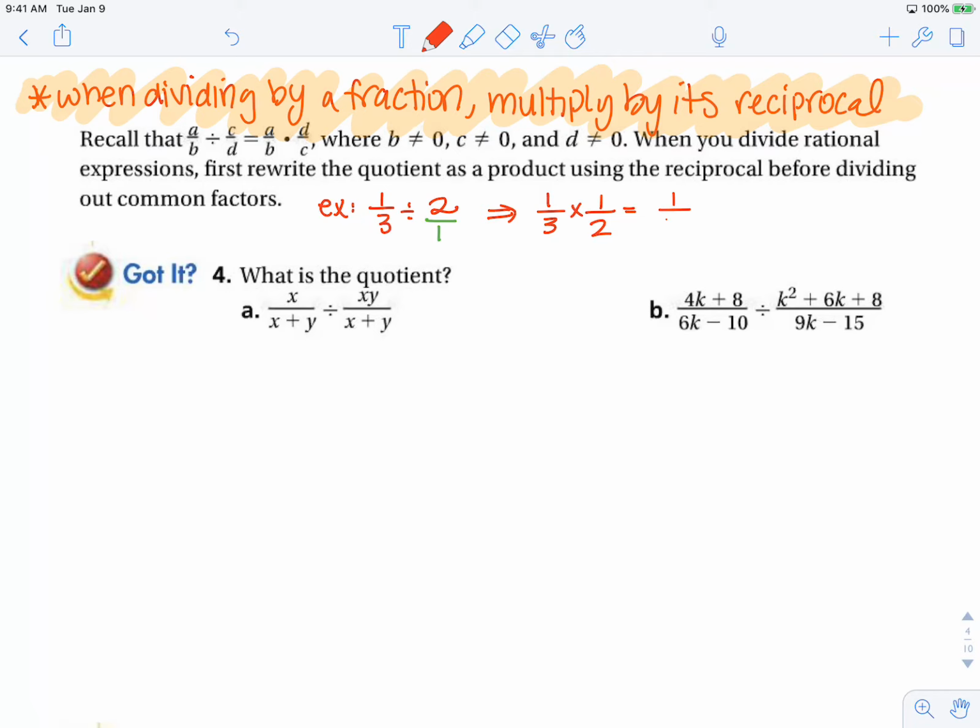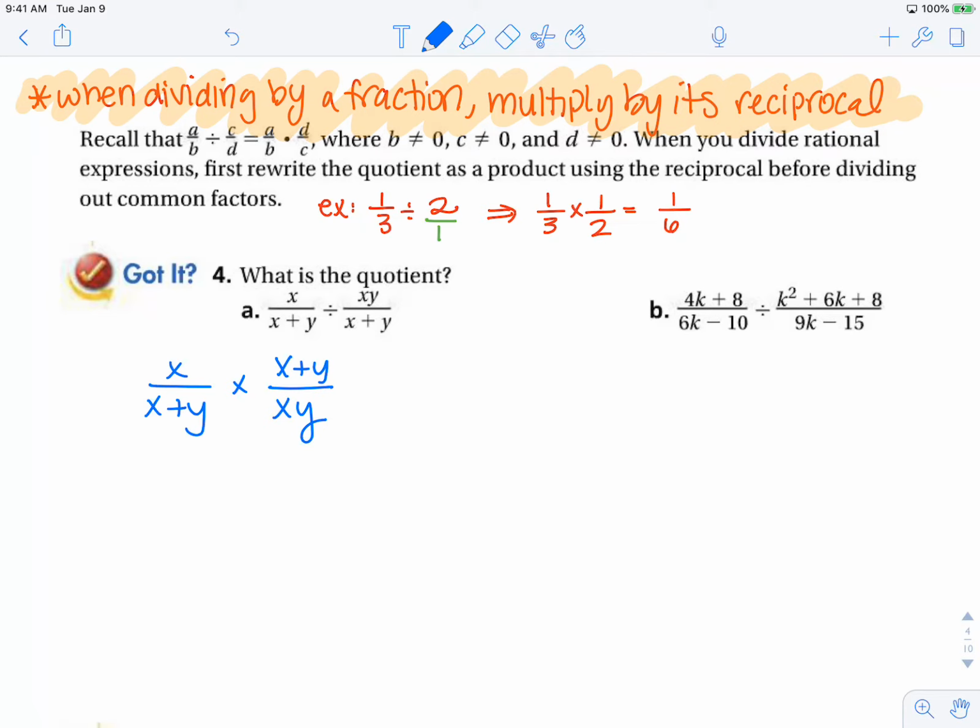We keep that. We change this to multiply, and we flip this fraction to its reciprocal, and now we multiply our numerators and denominators. So we are going to do the same thing below, but with rational expressions using polynomials. What is the quotient? Notice they're not asking for excluded values, so we don't have to state it. We just have to figure this out. So I am going to keep my first fraction the same. I'm going to change that to multiplication, and I'm going to flip